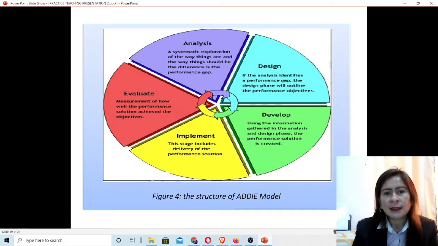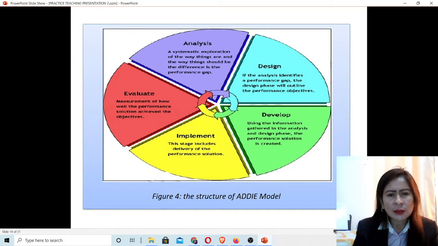Design. If the analysis identifies a performance gap, the design phase will outline the performance objectives. Develop. Using the information gathered in the analysis and design phases, the performance solution is created. Implement.